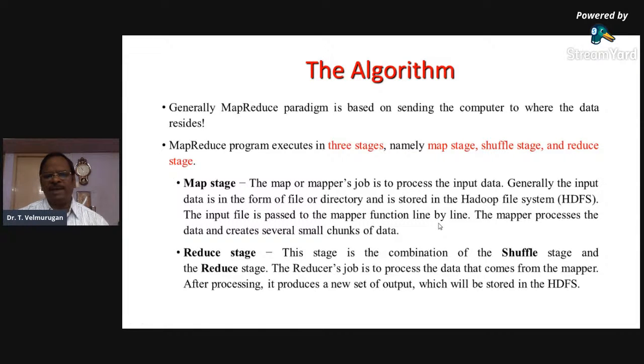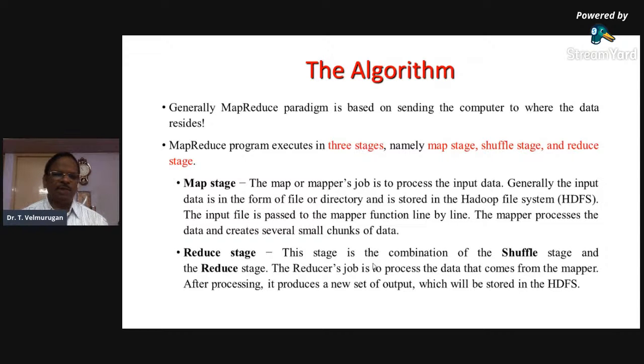So line by line execution is done by the mapper. The mapper processes the data and creates several small chunks of data. A single line is split into several pieces by this mapper function,